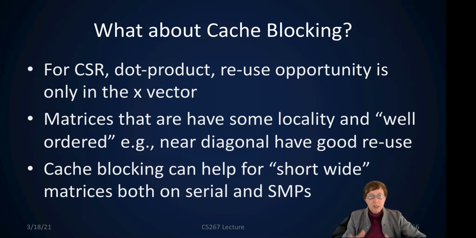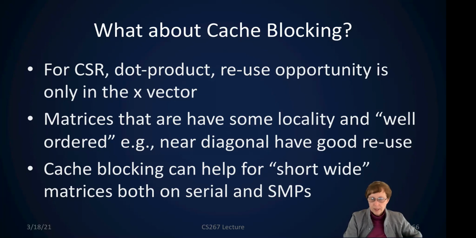We're going to chop the matrix into sparse blocks, so we'll make them smaller matrices, and so we get better reuse of the X vector, and that's really all we're optimizing for: reuse of the X vector. So a problem that's going to have the most benefit is one that doesn't have much structure in it. It's got non-zeros sort of uniformly distributed throughout the matrix. Also tends to be one that's very wide, because then it has a very big X vector when you're multiplying times it, and so for these short wide matrices with very unstructured non-zero patterns, cache blocking can